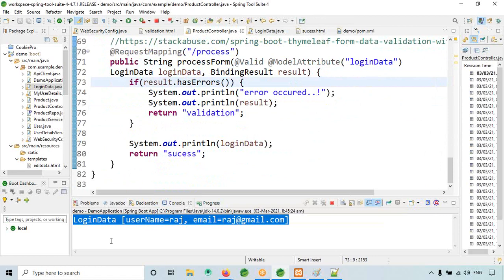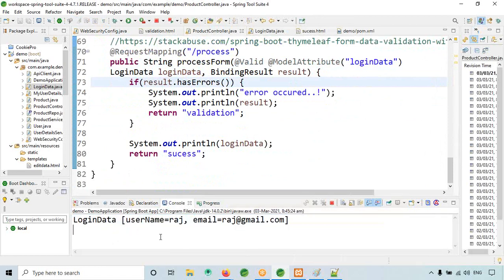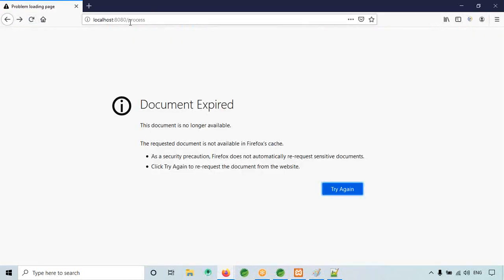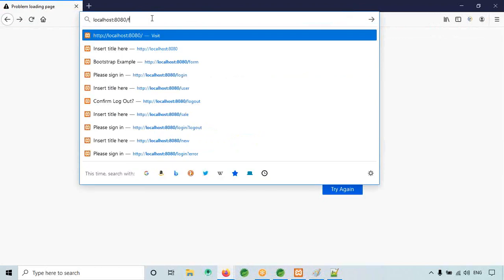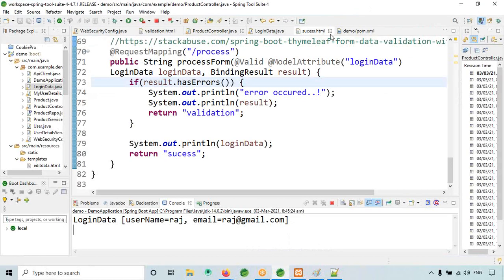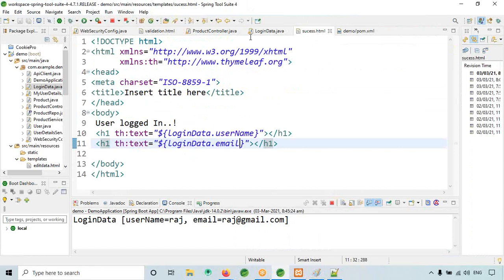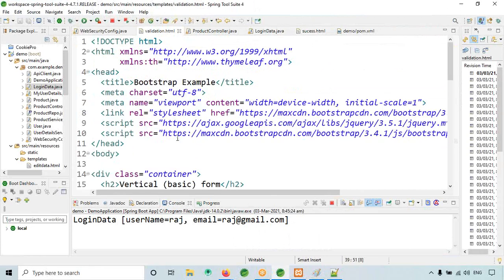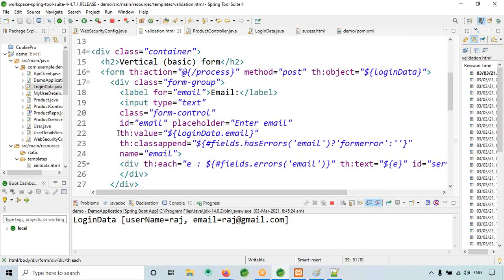Whatever error is printing in the console has to display in the form, below here. For that, in Thymeleaf we have these tags. This is a little hectic, so while typing we have to be careful, because of the question mark, form error, like this.